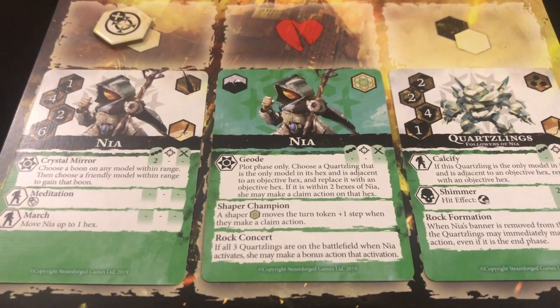They have, in the plot phase, 3 special abilities. They have Calcify, which says if this Quartz Sling is the only model in its hex and is adjacent to an objective hex, replace it with an objective. They have Shimmer, which is a range 2 attack, which doesn't cause any damage, but actually puts a slow blight